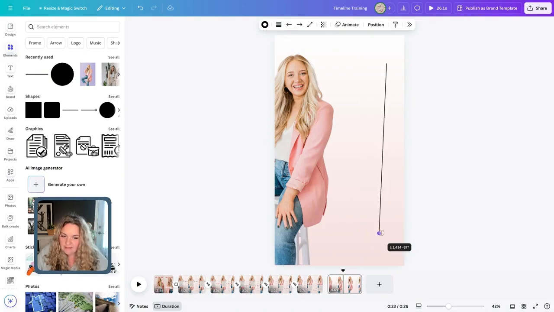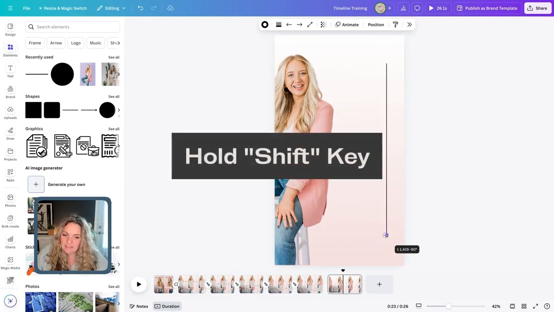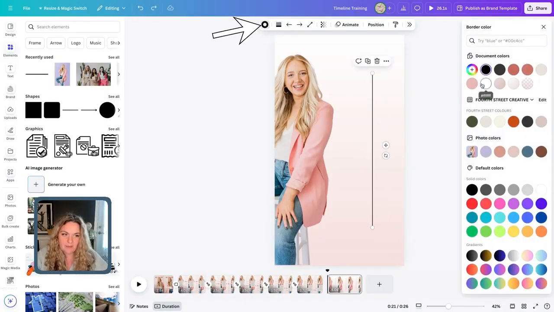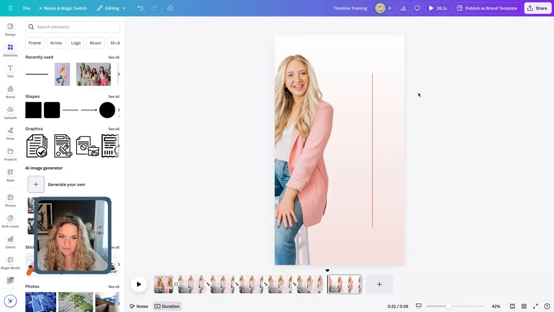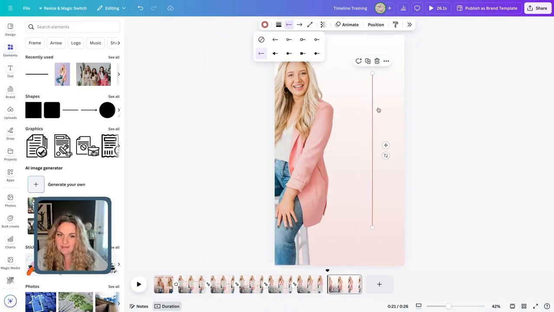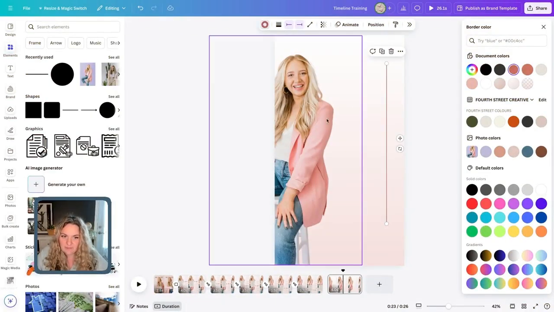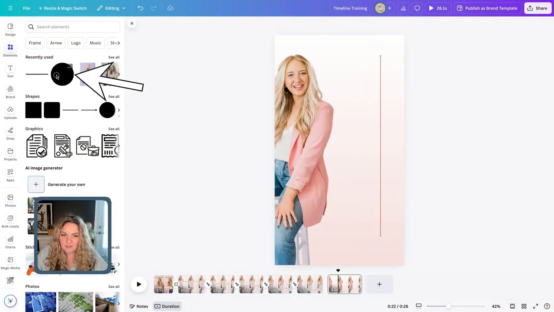And if you're finding that it's moving out of place, it's not staying at that 90 degrees, then just hold the shift key and that will give you a really nice straight line. It won't move back and forth. Okay, and I don't want a black timeline, so I'm going to select this dark color that we're using here. And I would like some endpoints on this line, so I'm just going to head to the endpoints here and just add a line, and I'm going to change it to a darker version of this pink essentially. Now I'm going to add some circles